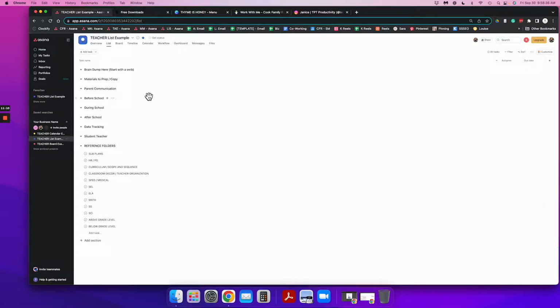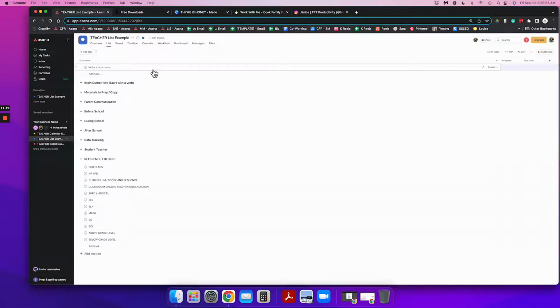The mobile app for Asana can be a little bit busy as you start to add a lot of projects here on the left. So I love to keep this brain dump project in my favorites so I can access it as soon as I open the app. And then I leave this section at the top as my catch-all section. So anytime I'm thinking on the go,